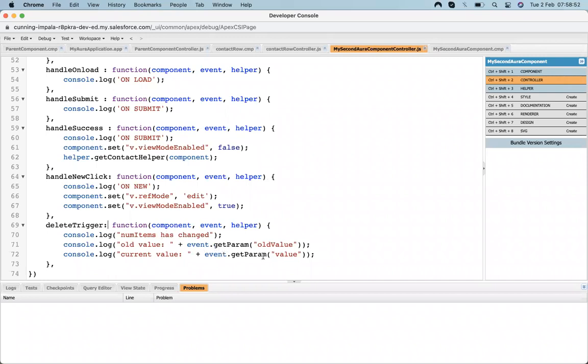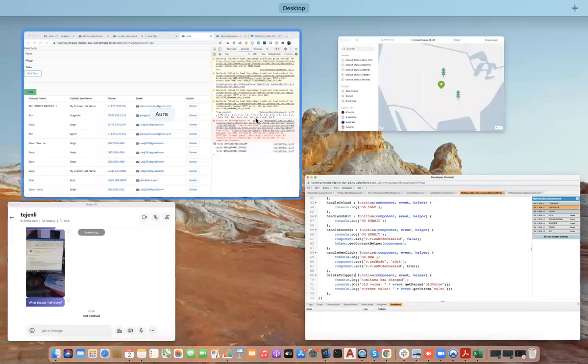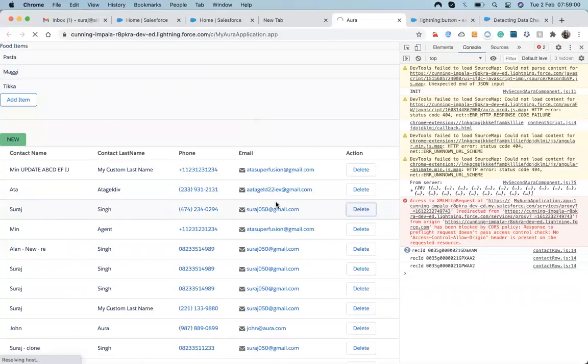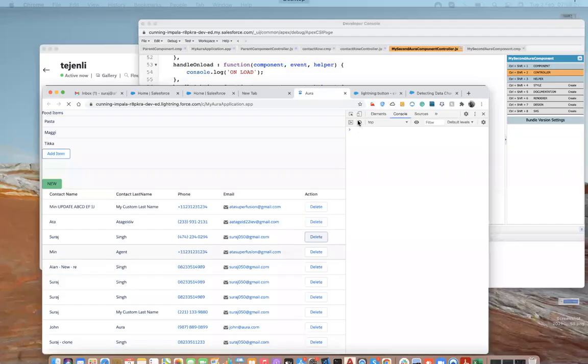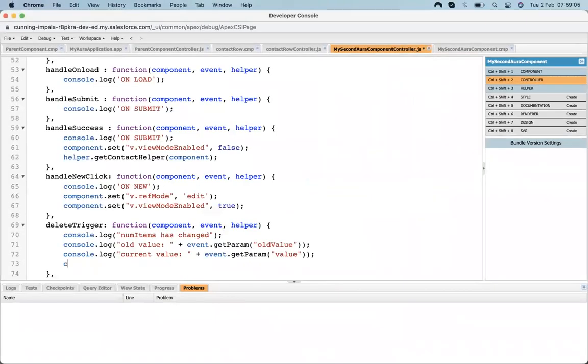Okay, so it will show me my old value, new value, and let's have a look. Let's also get the parent value, meaning the selected contact value.